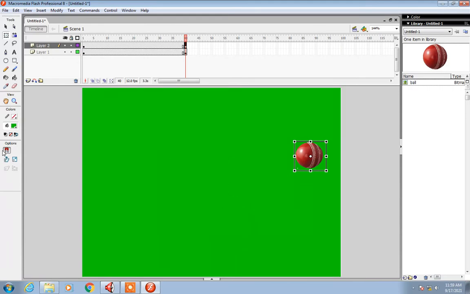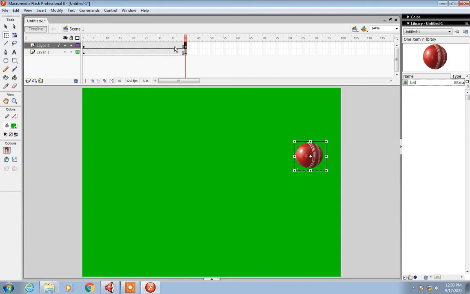You can move it horizontally, vertically, or diagonally, as you wish. Okay, so now from the first frame to the 39th frame it is in the first place, and only on the 40th frame it has changed its position.